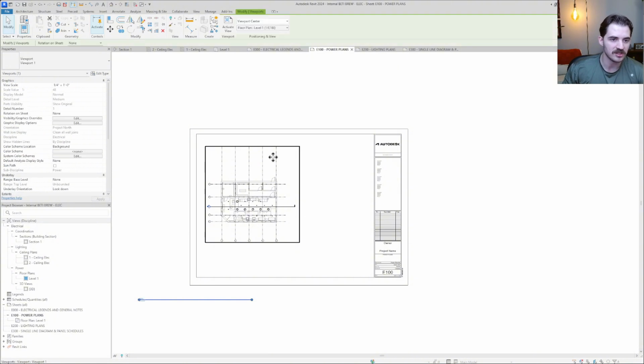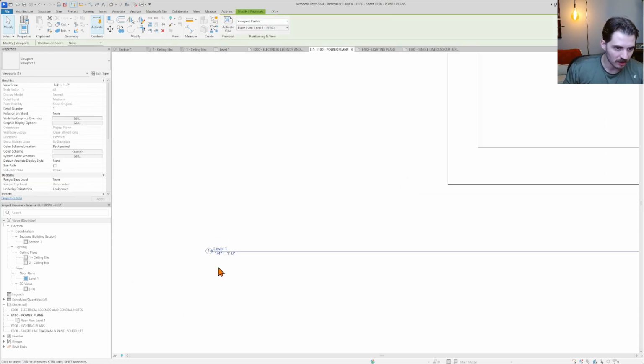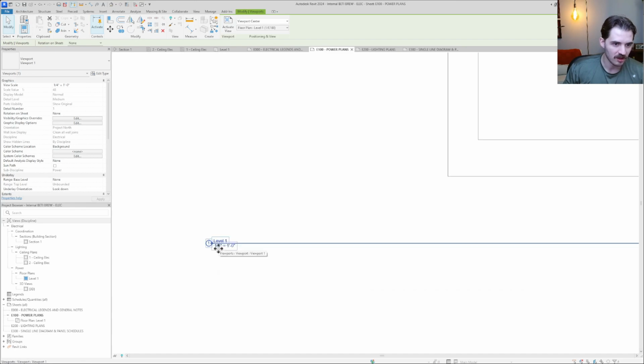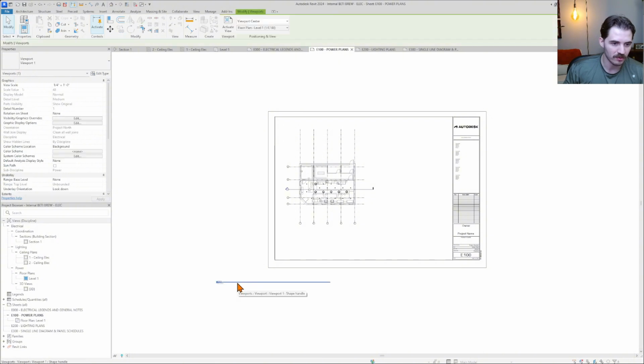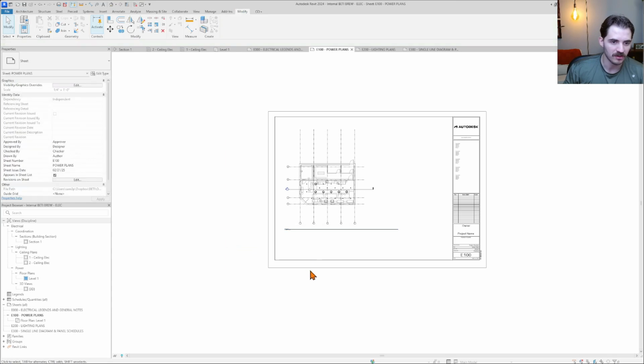Okay. So now you can see that black box, which shows essentially the extent of what is inside of our view, has shrunk down to be a little bit closer. Another thing that's happening, this view title, which says the name of the view and the scale, is way off from underneath the view. Typically, we want to have that moved under the view. So if you click the view title, you can just drag it over underneath the view, and now hit escape